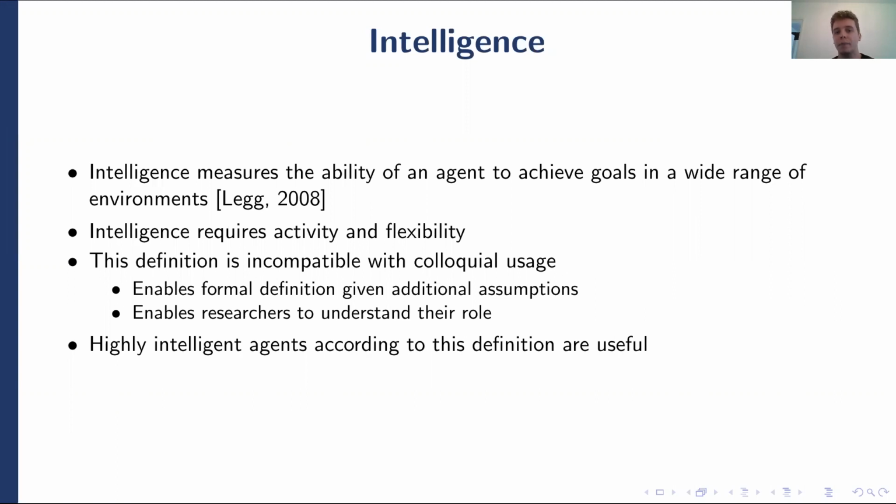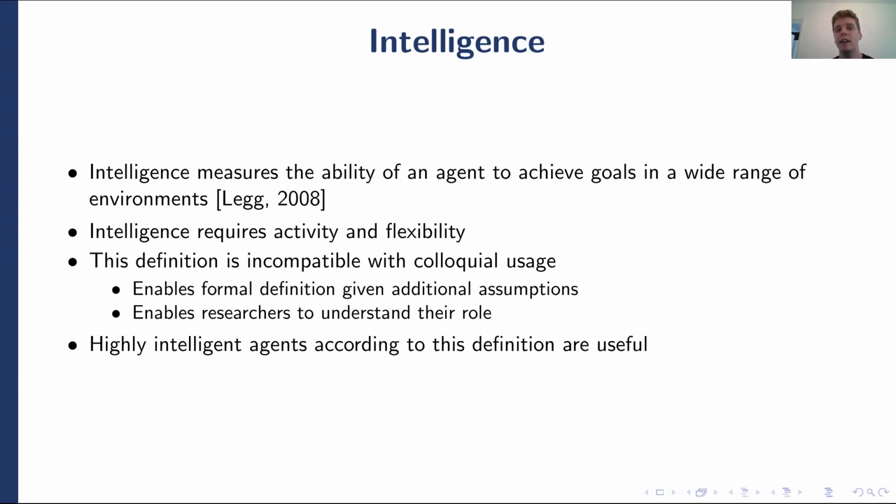Furthermore, this agent has to have goals. Intelligence measures the ability of an agent to achieve goals. So we are also not able to compare the intelligence of different agents if they have different goals. This is a common mistake that people make when they try to compare the intelligence of different people in real life, for example. You cannot really compare two people regarding their intelligence if they have different goals. Having different goals can very often explain why people behave differently in the same situation.